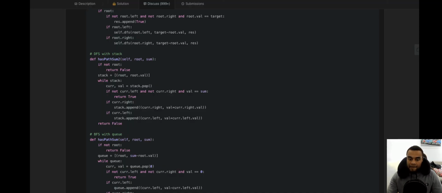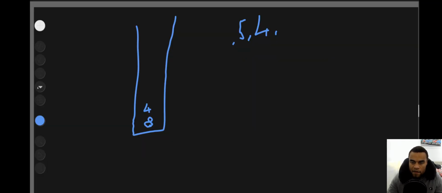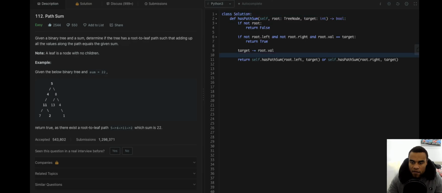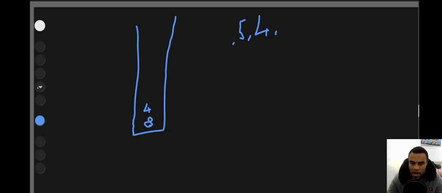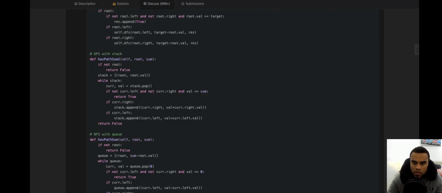So now we pop out 4, but we also check 4's left and right. What's 4's left and right? It has 11. So we pop 4 out, and then we got 11. We then pop 11 out.